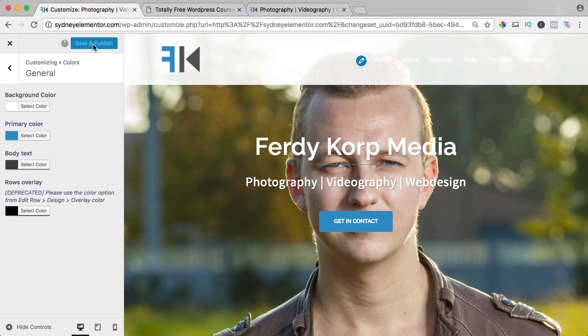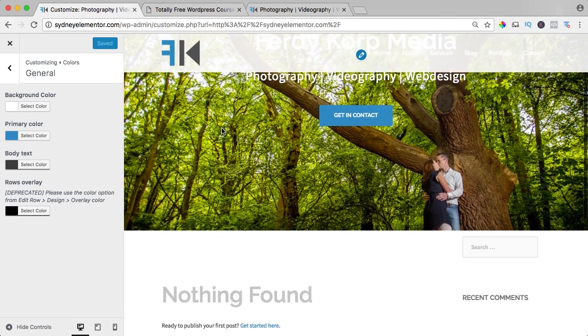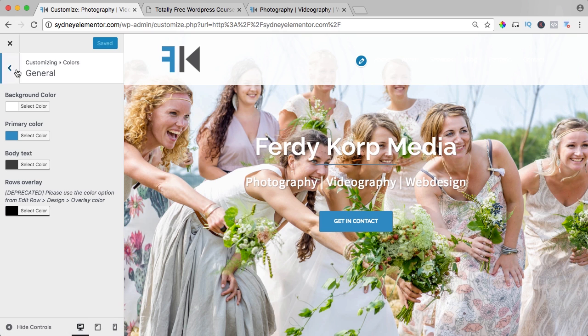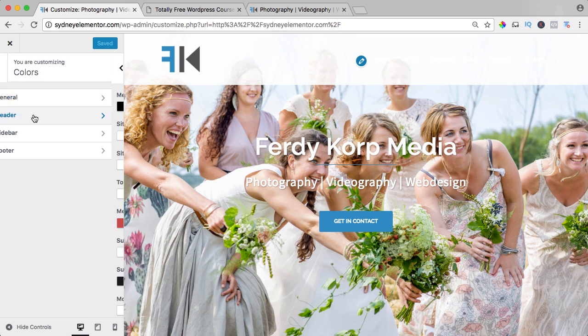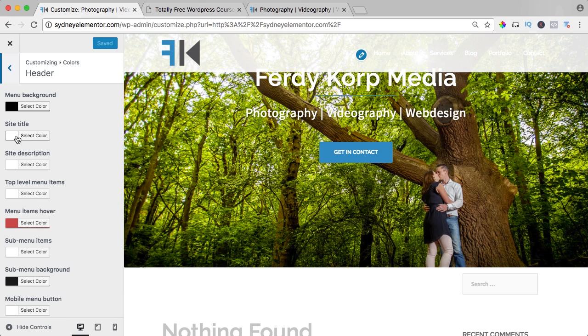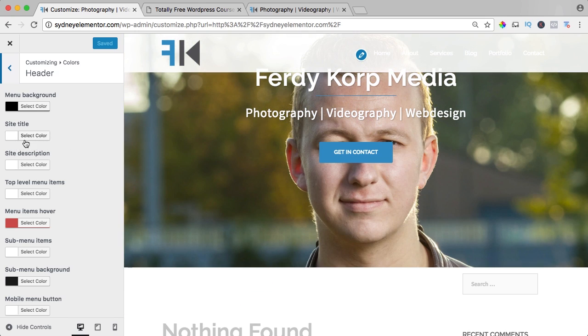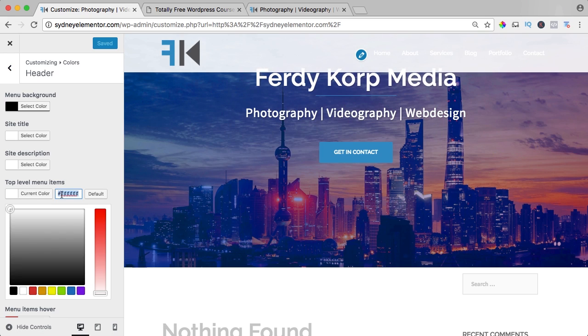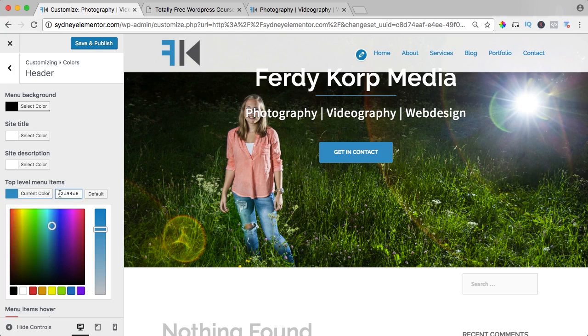I save it and I publish it. So it's starting to look better, but I still want to change the colors in our menu. So I go back, I go to the header colors. Menu background is black, but it's overruled by the CSS code. And the site title is white, but we don't use these description because we use our logo. Our top level menu items, we need to change those to the same color, the blue one, or maybe better,